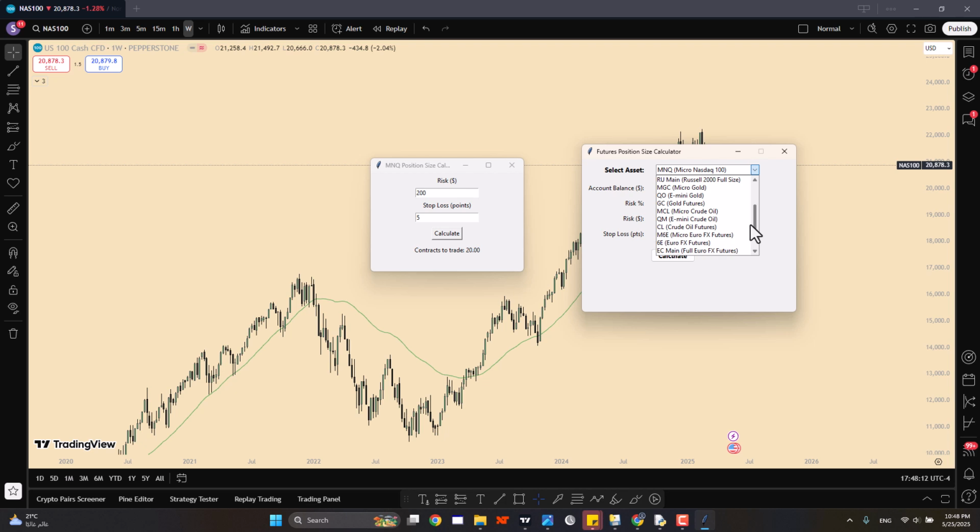I have added the euro. There is also the euro, you can see here micro, different standards, and there is the T-bond. Again, if you want me to add more instruments, you can always ask me in the comments or DM me on my Twitter account. Here you can add your account balance,